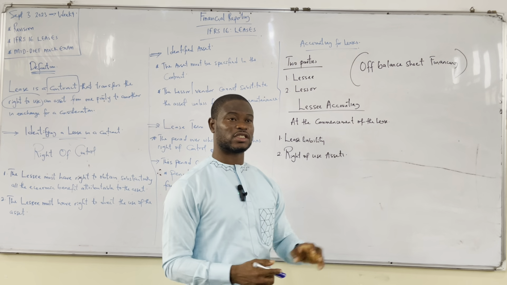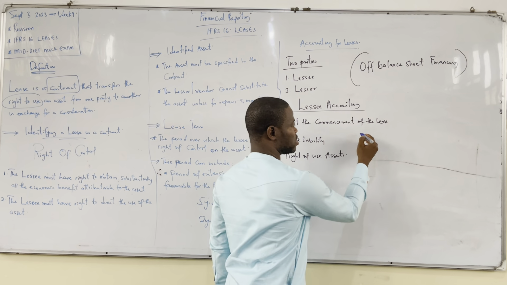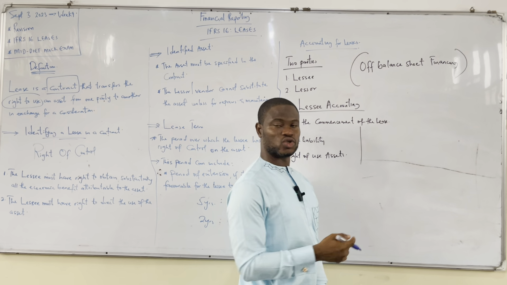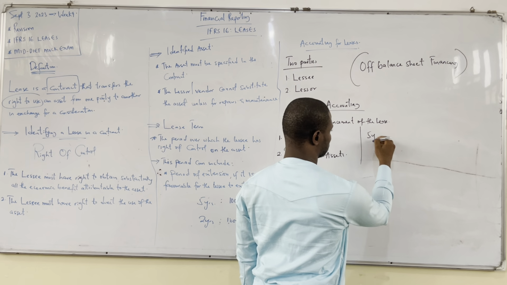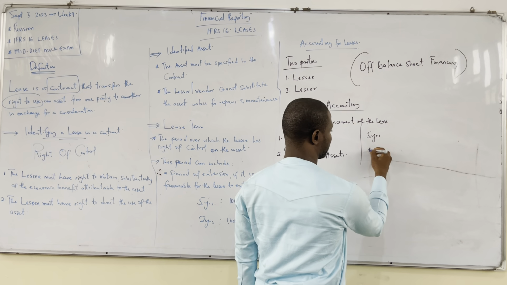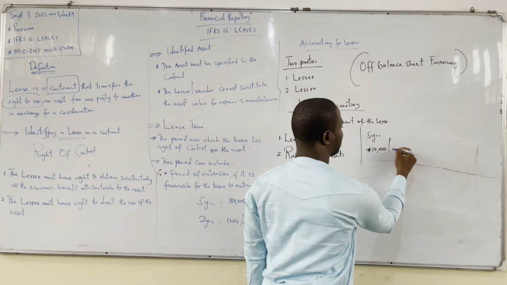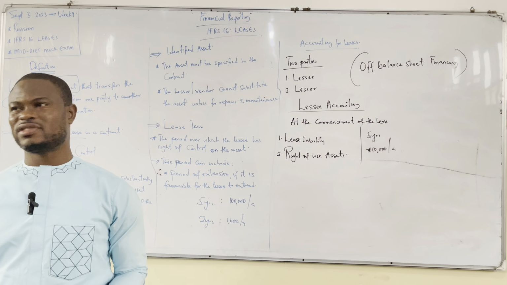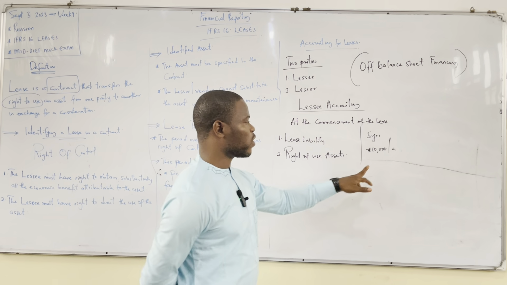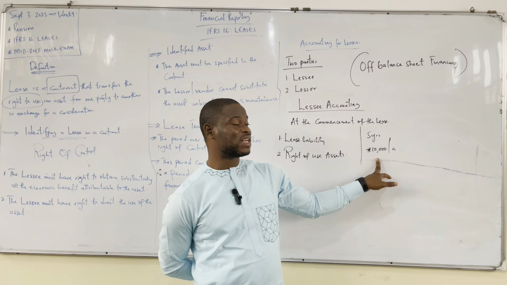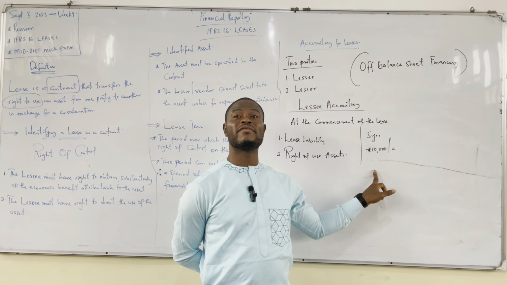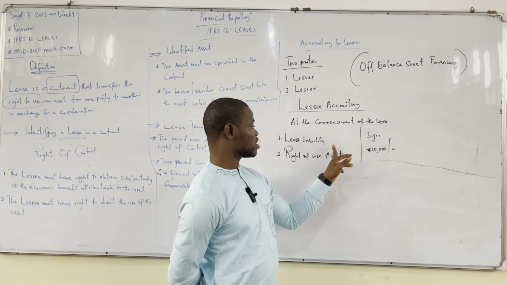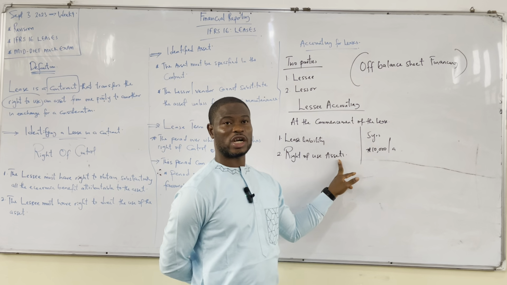In most instances, when you enter a lease, the only cash flow that concerns us is the annual rental. So if you enter a lease for 5 years and you're supposed to pay 10,000 naira per annum, we don't really care about the value of the assets. Nobody cares about that. What we are saying here is this: you have a liability equivalent to how much? 50,000. That's what we are saying. And it is that 50,000 you recognize as lease liability and also as what?